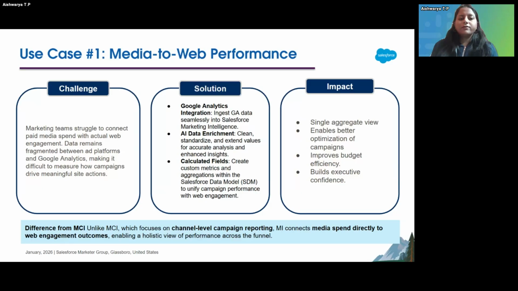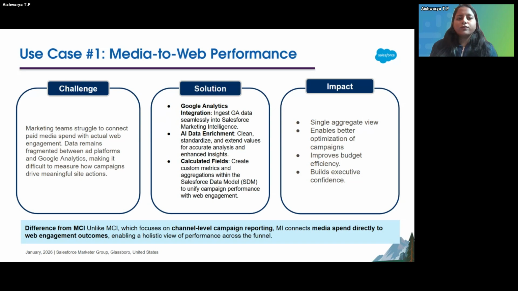So these are all some solutions that are listed in analytics. First is we have the MI connector for Google Analytics, which is out of the box. If you have all the data in place, whatever you do in Marketing Intelligence, then the AI data enrichment layer will help you in cleansing your data, standardizing and transforming your data. Then calculated fields, like bringing the metrics and dimension measures, all these things you can do within those calculations. And you will get the overall picture of what is the data that you are getting from your web and also from